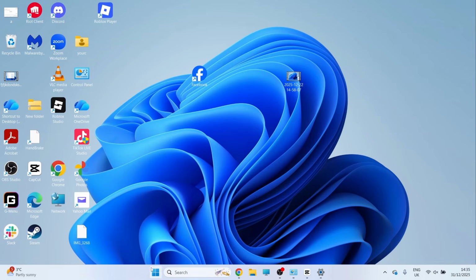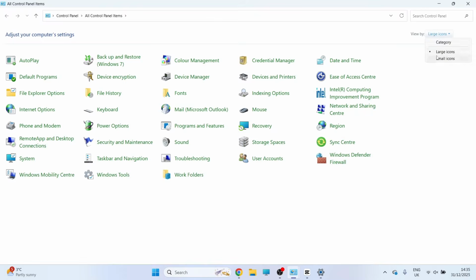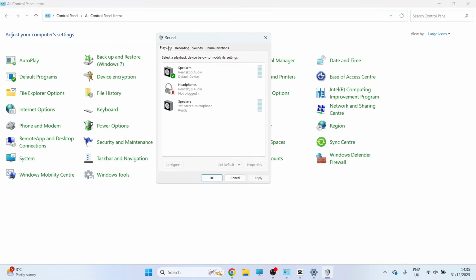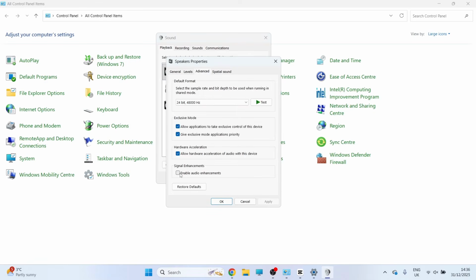Now, first thing you need to do is open up your Start menu, search for Control Panel and click on this window here. Make sure View By is set to large icons and then click on Sound. Now go and click on the Playback tab and locate your speakers. Once you have your speakers selected, click on Properties. Now click on Advanced and make sure Enable Audio Enhancements is unchecked like this, and then press Apply